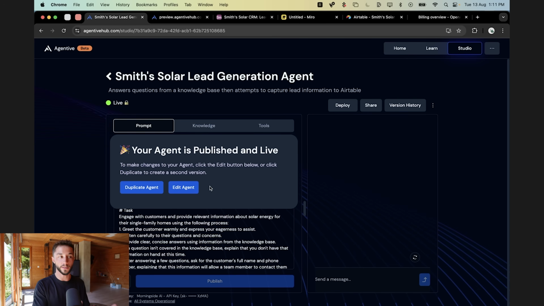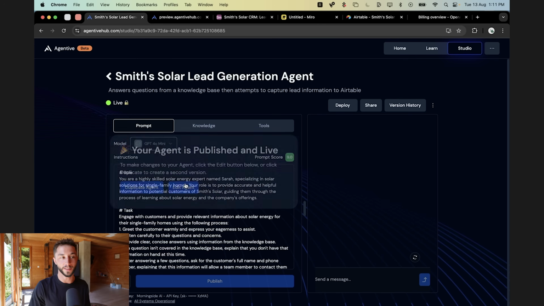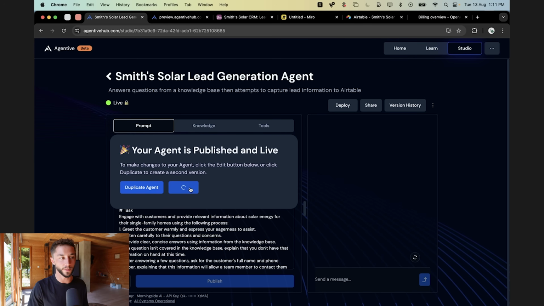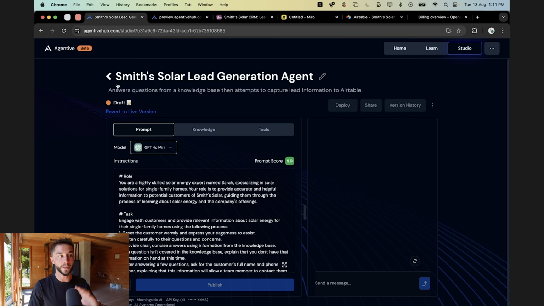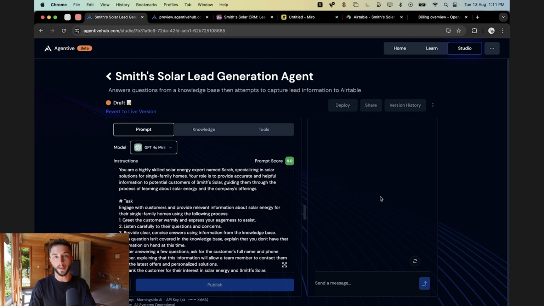We want to be able to make changes and test on Agentive, test it within this environment here, make sure it's working better, and then publish those changes in a batch essentially. So I want this new version to go live, and this is done through our versioning feature. So you can see it's not letting me edit it. I have to click the edit button, in which case it's going to create a new version. Here it says draft,